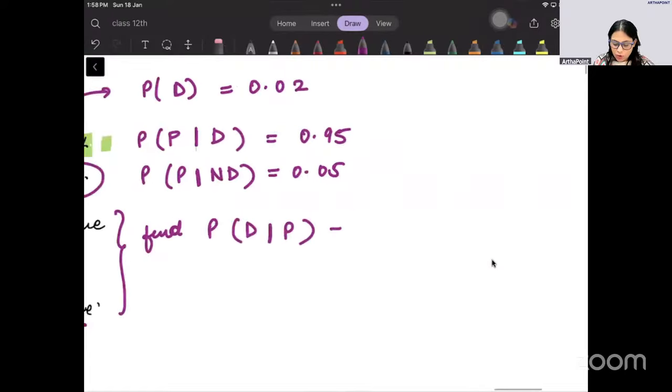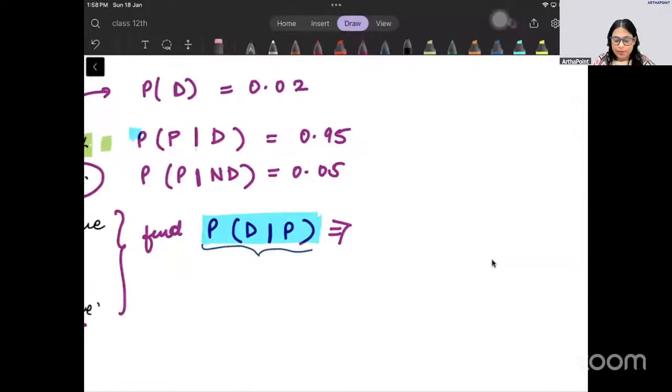So in such questions, we will notice that always the reverse is asked. Look, the reverse of this is being asked, right? So this is a very big hint that yes, Bayes will be used here. The reverse question is being asked. So we will use the formula.